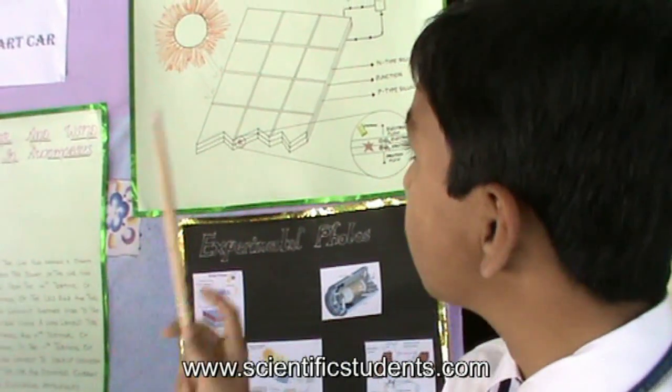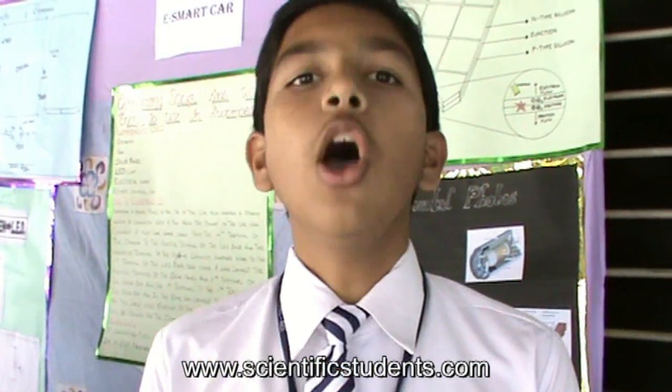Good morning, my name is Abhinav Anand and today I am here to explain the principle of solar cell. So what are solar cells? Solar cells are the devices which convert solar energy into electrical energy, either directly by converting them via the photovoltaic effect, or indirectly by first converting them into chemical or heat energy and then converting them into electrical energy.